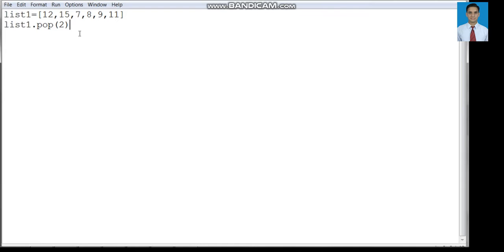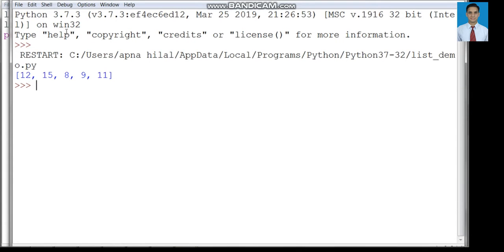At location number 2 of list 1, the element is 7. So in the new list there will be no 7, because we have already popped it. If we print it, what will be the output? It will be 12, 15, 8, 9, and 11, not 7, because we have removed this element. Let us save this and run this. Yes, the result is 12, 15, 8, 9, and 11. After the 15 there was 7, but we have removed that element.